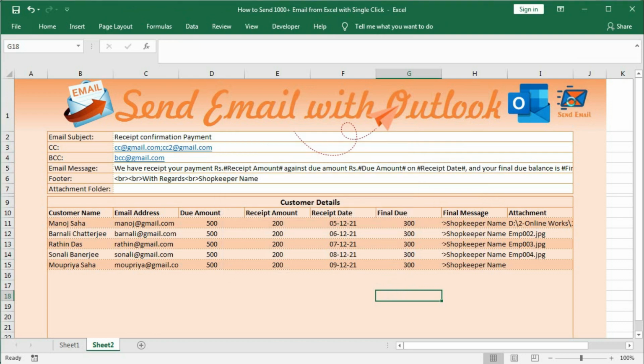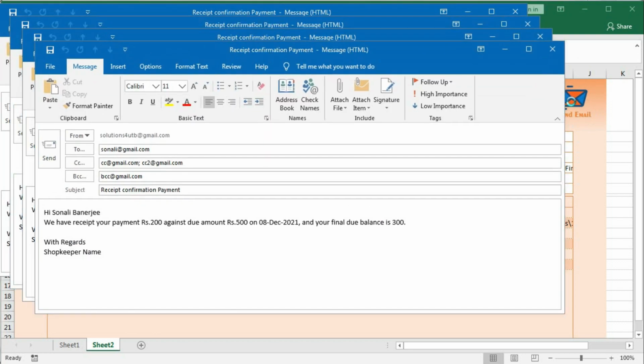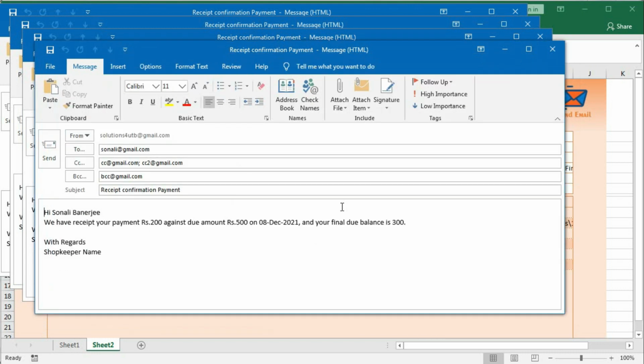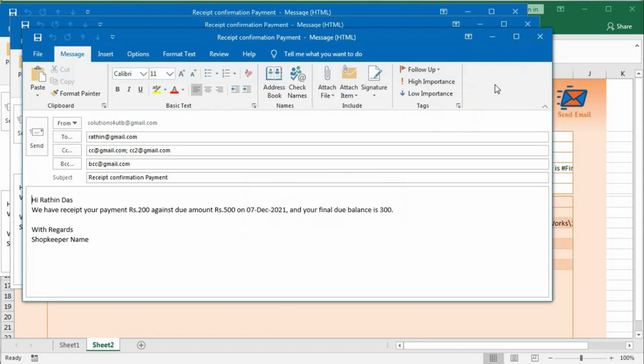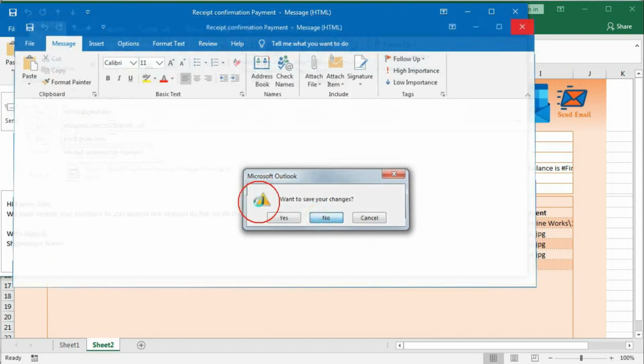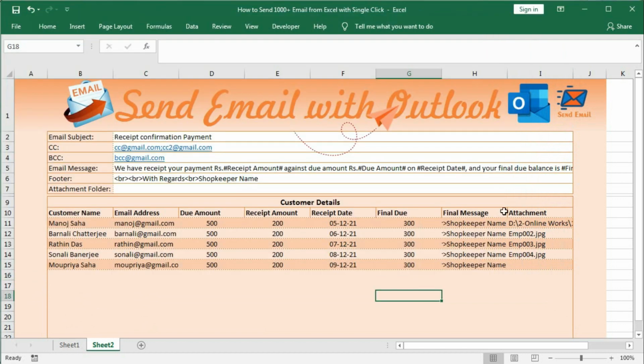Click here, 2, 3, 4, 5. We have 5 messages, and this email does not have any attachment. Only the first one has the attachment, because only here we have the full path, because this is blank.